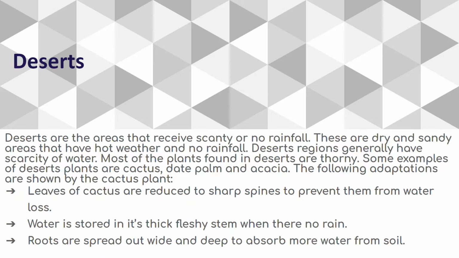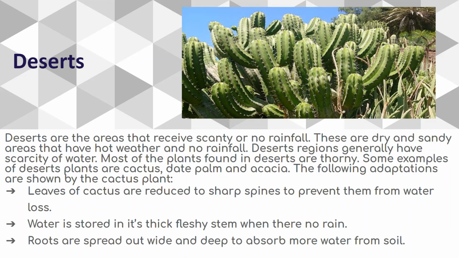The following adaptations are shown by the cactus plant. Leaves of cactus are reduced to sharp spines to prevent water loss. Water is stored in its thick, fleshy stem when there is no rain. Roots are spread out wide and deep to absorb more water from the soil. This is the cactus pic. See here, you can see a thorny